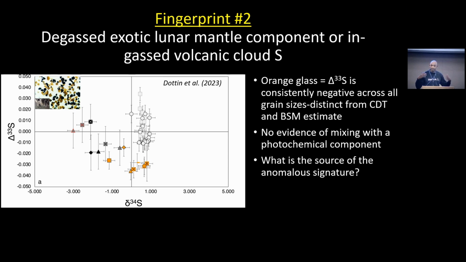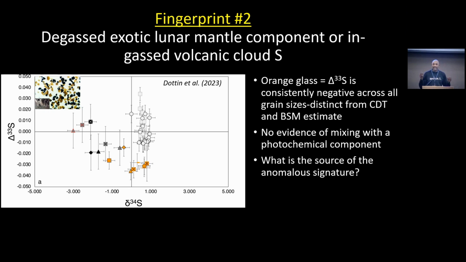Although there is evidence of sulfur degassing from these glass beads, it may contribute to this cap delta 33S variability, but I would say it's not able to explain all of the sieve size fractions and what we are observing. But what we find is that even though we do see this anomalous signature in the orange glass beads, and we're making a hypothesis that we have an exotic sulfur source erupting from the lunar mantle,